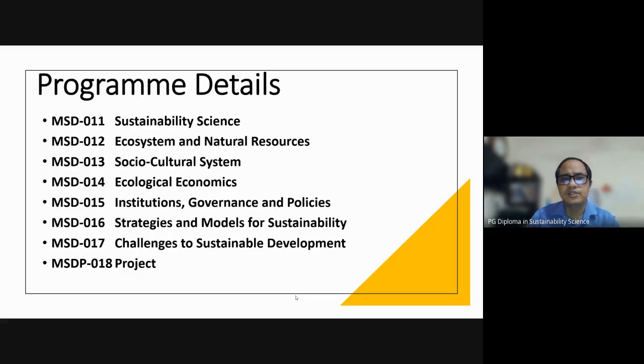And we have 7 theory courses: sustainability science, ecosystem and natural resources, socio-cultural system, ecological economics, institution governance and policies, studies and models for sustainability, and challenges of sustainability. Here we started with the basics of sustainability science. When we talk about sustainability, we ask how imbalances happen in the interaction between nature and society. Nature has given us the resources, so we need to understand ecosystem and natural resources. That is course 2. Then